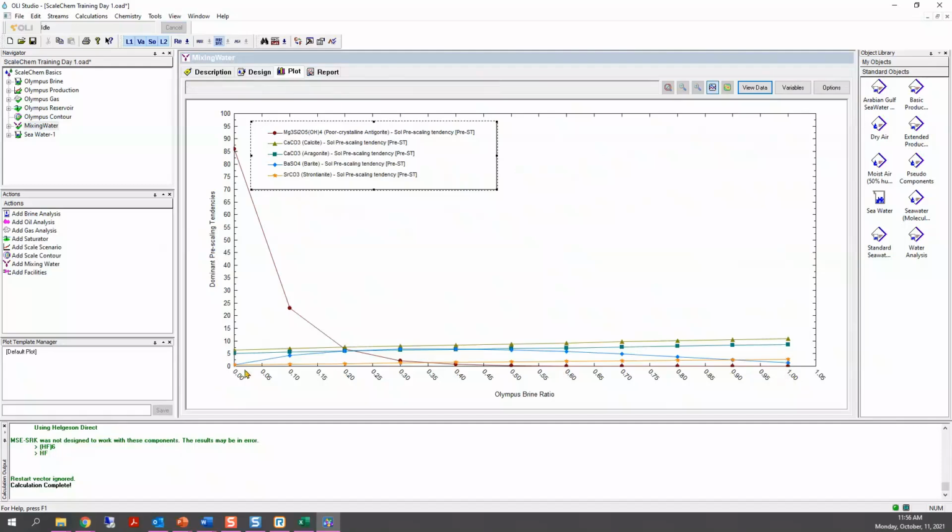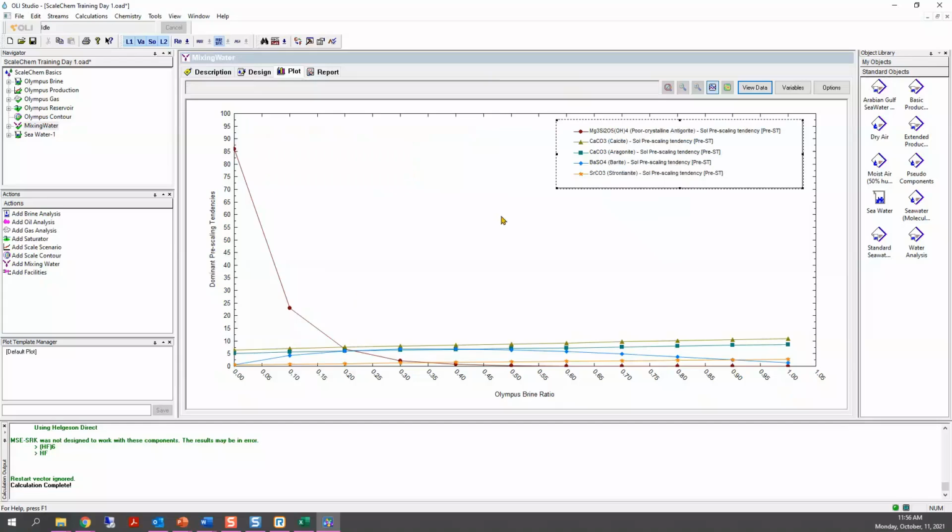At this 0 here, we have 100% seawater, 200 cubic meters of seawater. So it will be 0, 100, and then for the ratio, here will be 100 of Olympus brine and 0 for the seawater. And the software in here is going to calculate again the 5